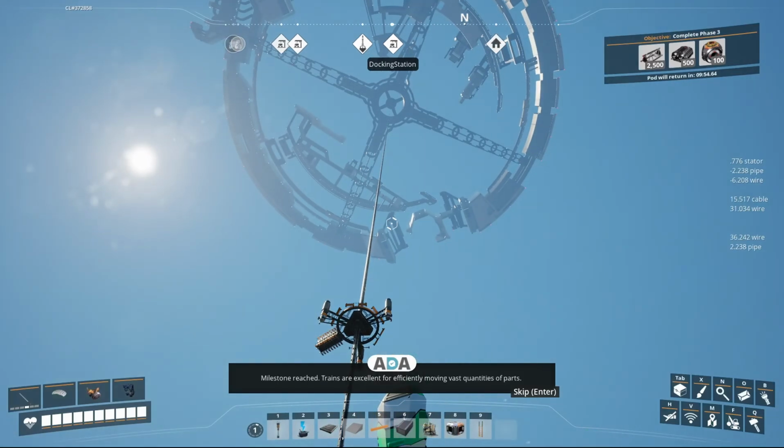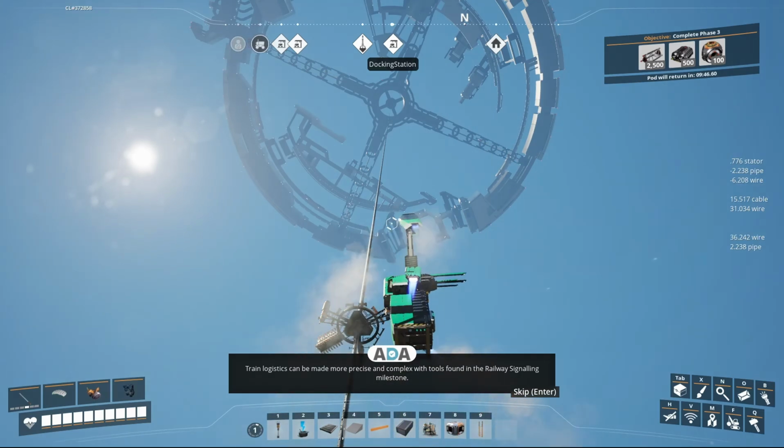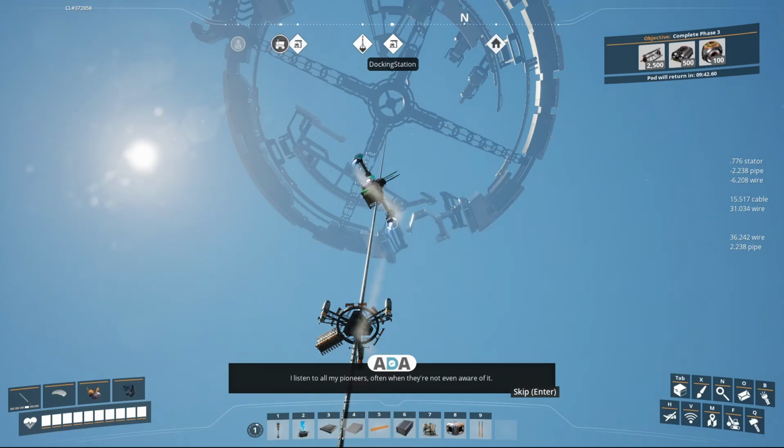Milestone reached. Trains are excellent for efficiently moving vast quantities of parts. Train logistics can be made more precise and complex with tools found in the railway signaling milestone. I listen to all my pioneers, often when they're not even aware of it. So due to popular demand, I have added a motivational message. Choo-choo mother...